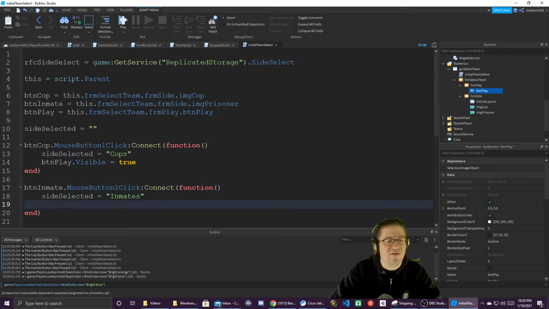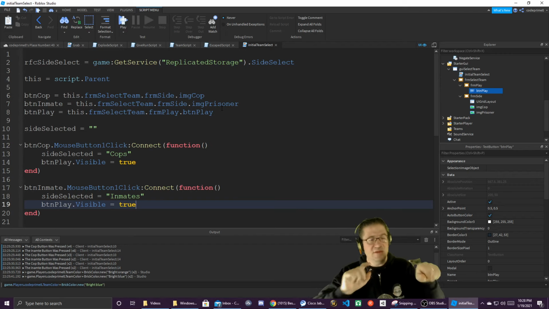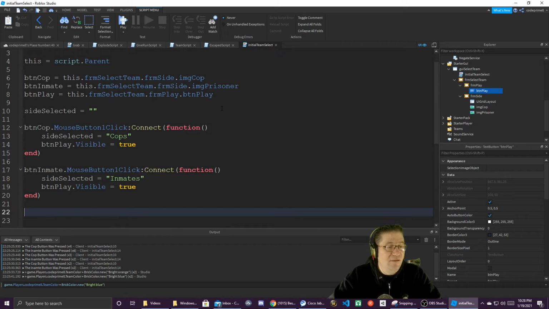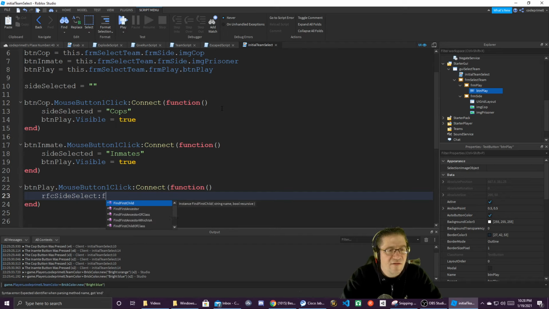Copy that. We're going to do the same thing down here. So whenever we select something, it automatically puts up the thingy. So btn play dot mouse button 1 click colon connect, and then we're going to do function, and we're going to send RFC side fire server dot fire server dot